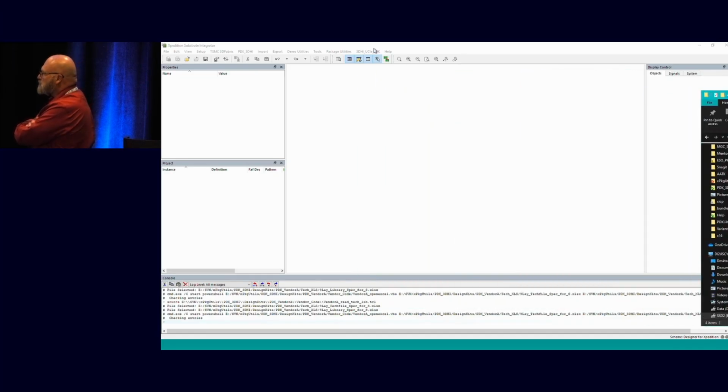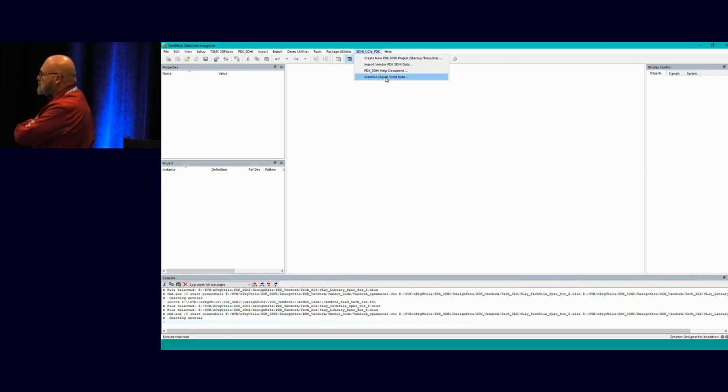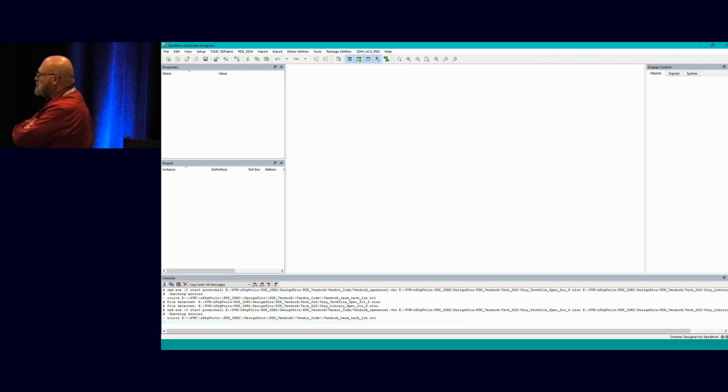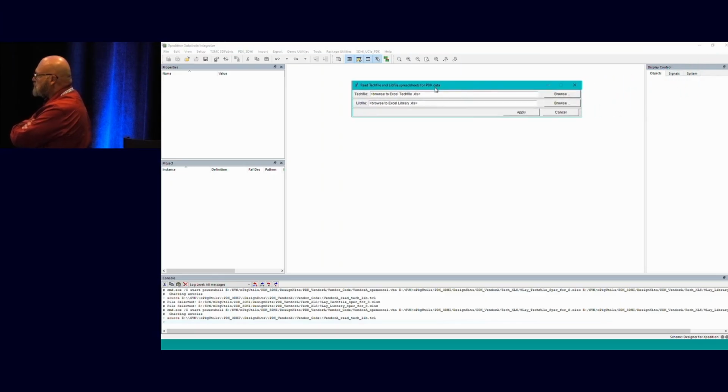So from here, I'll go to vendor A, import Excel data. Now, I can have multiple vendors in here, and it would say vendor A, vendor B, vendor C. They can all have their different things, so they can all live together. But in vendor A, pick the Excel. This one's looking for the tech file, XLS, and the live file, XLS.